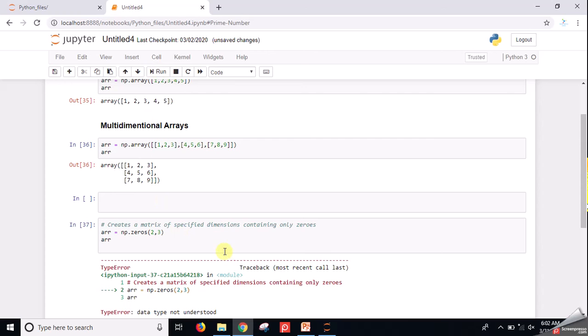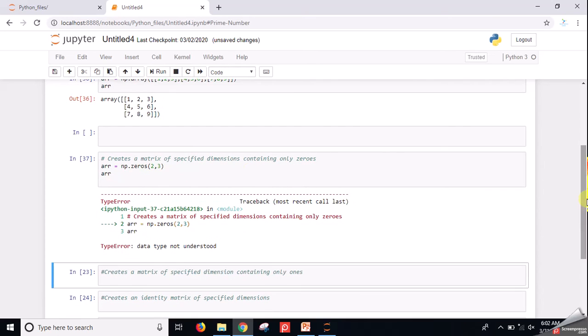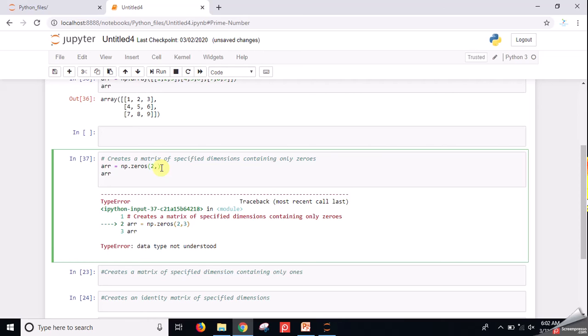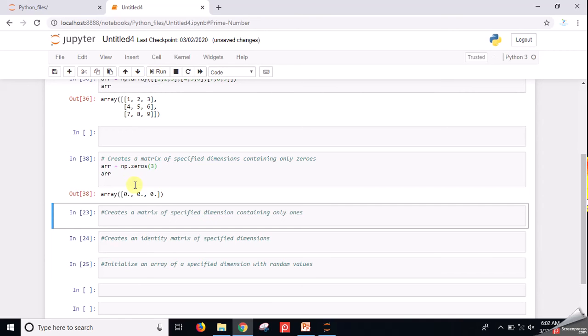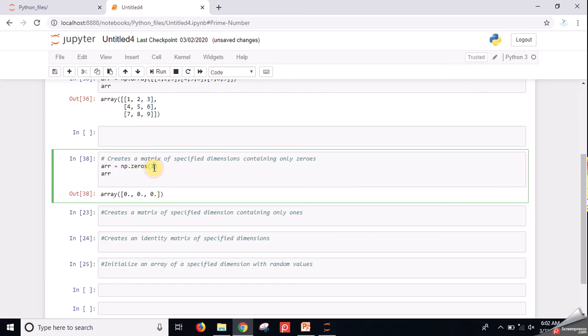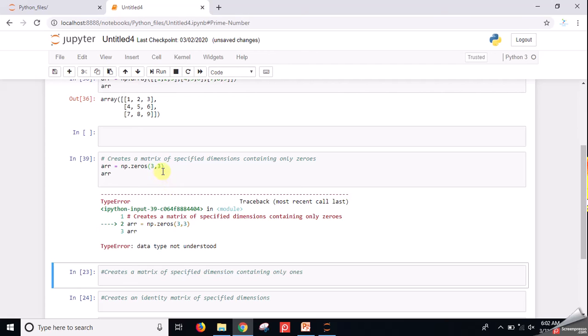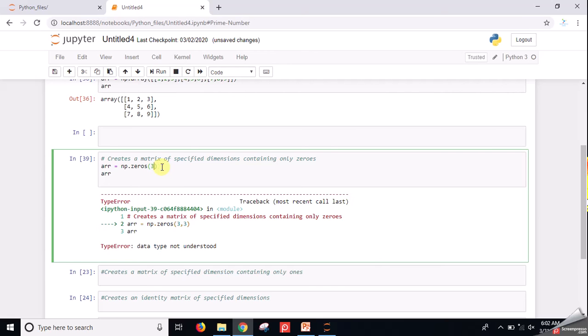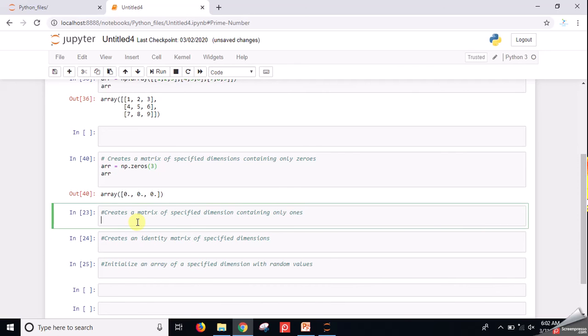Now I will run it, and it contains only zeros. I should give the similar dimensions. Only a single dimension is there. Okay, in this case